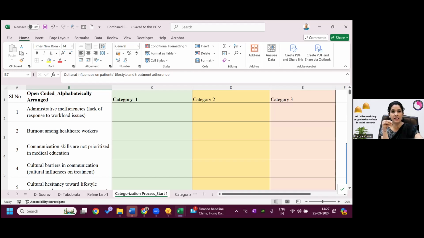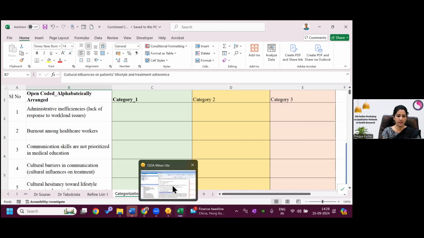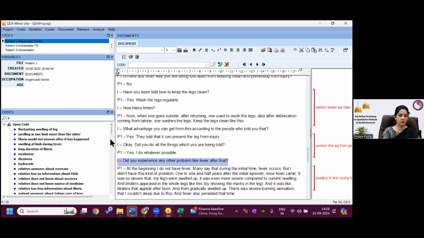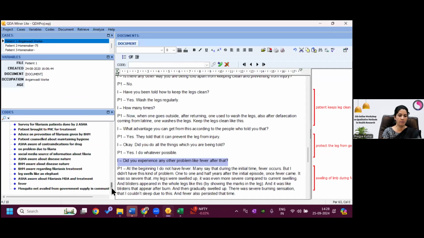In our case, in the filaria study, we had 15 categories out of those 50, 60 refined codes. Those 15 categories we made out of the initial codes. In your case, if you see these 70 codes, maybe you can keep on. This work usually we do in QDA Miner. But in QDA Miner, if you are doing it for the first, even the second time, it is relatively difficult to arrange codes into categories, because you have to do it many times. If the number of codes is much more, if this list is too huge, most of the time I'll have to scroll up and down to shift it to some category.